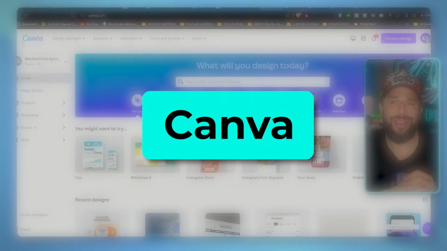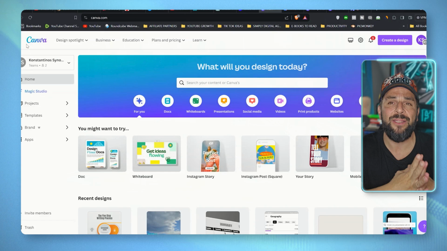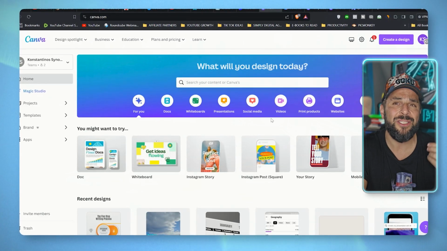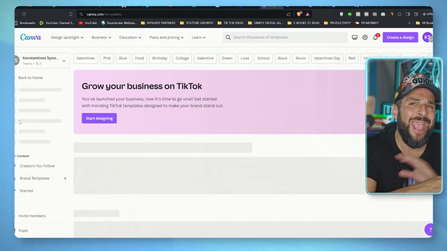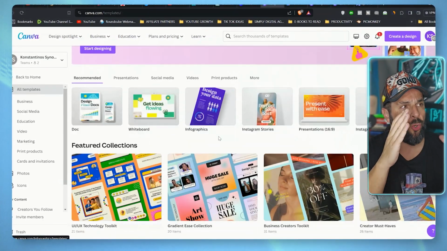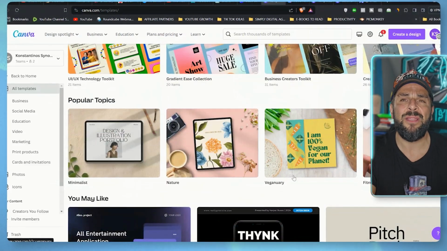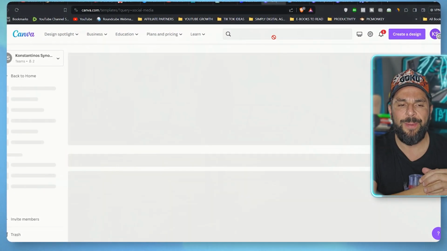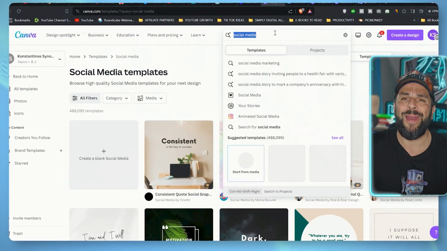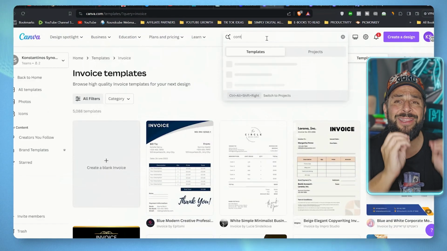And finally, Canva. You can imagine how many different digital products you can create with Canva because it has some magic elements. You can start with a template for any kind of topic that you can imagine. So go on the homepage of Canva, browse, and find anything that you want. Start with the templates, like for example, social media templates or a book or an ebook or a planner or an invoice or whatever. Get a template, edit it yourself.